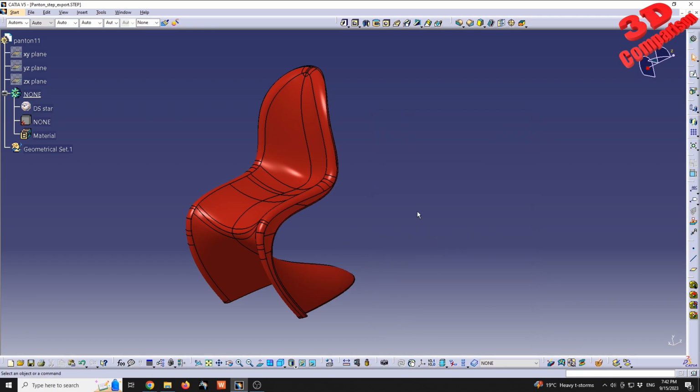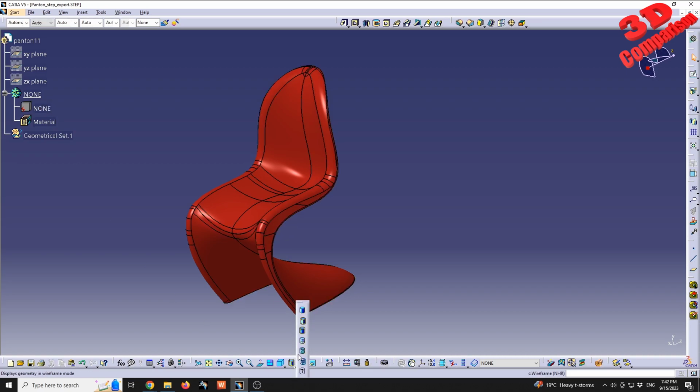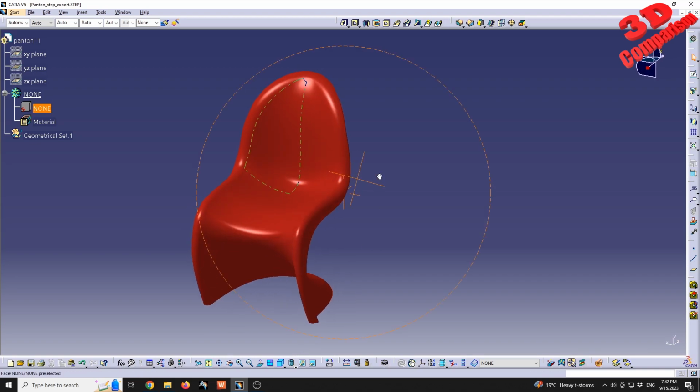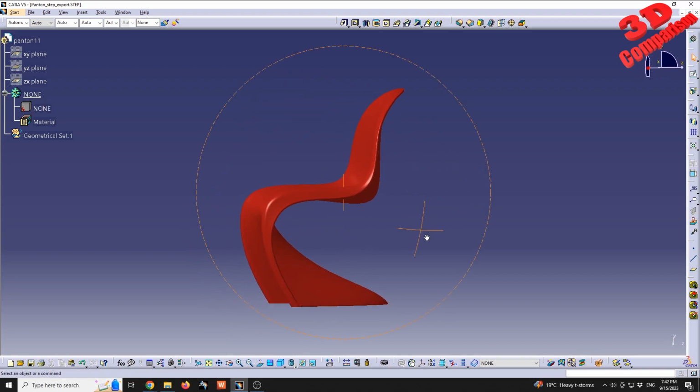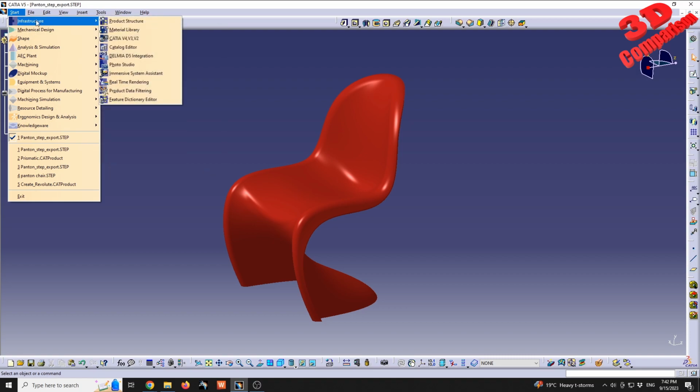We can also apply decals in CATIA a little bit differently. This is by using a material. If I delete that DS star material, we no longer have a material assigned, but we can only apply a sticker directly to a surface of the model. To do that, we need to swap the workbench within Infrastructure and afterwards for the Photo Studio